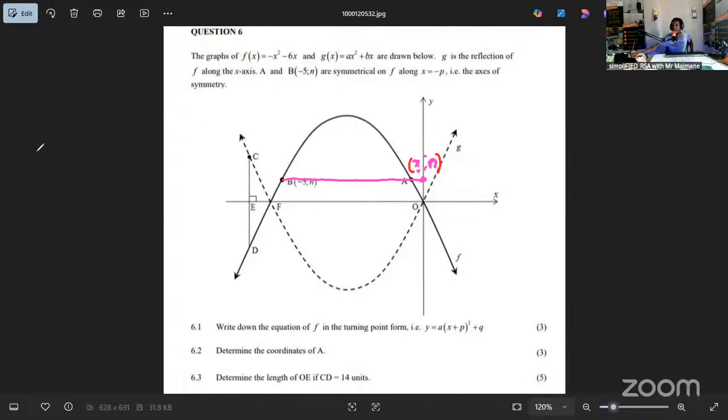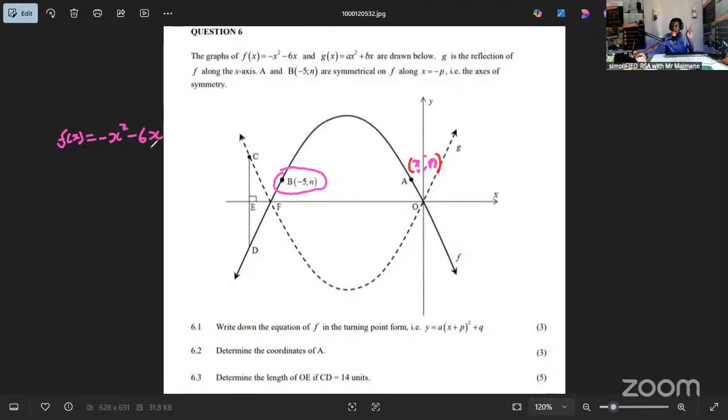So in order to get the coordinates of A, we must first find n, because that n is similar for both. To find n, we're going to use this point because at least it has one value already. So from your equation of f of x is equals to minus x squared